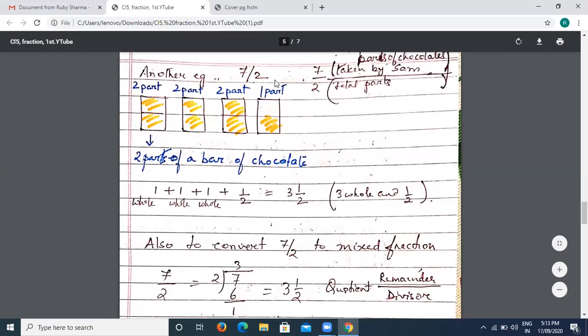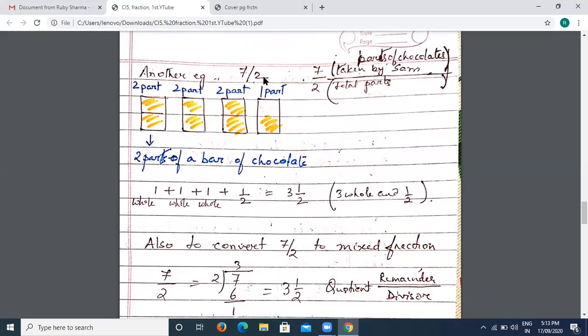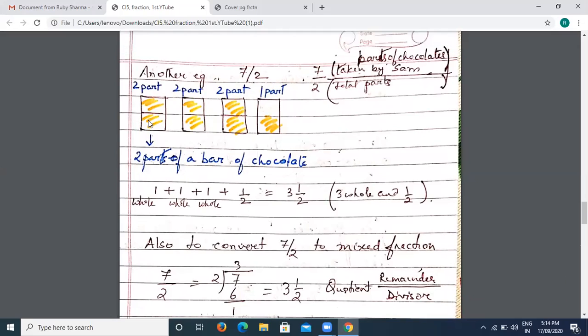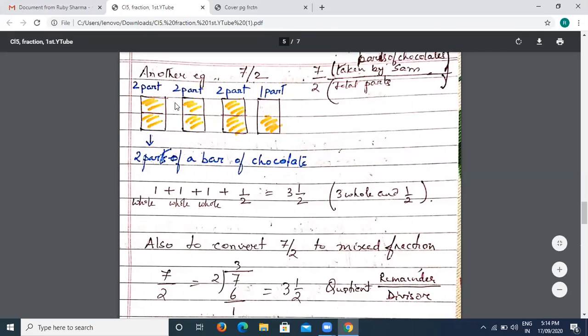So here, the denominator represents the total number of parts one object is divided into. Let's take a chocolate. It is divided into 2 parts. So I took a chocolate and divided it into 2 parts, but what happened? 7 parts were eaten, say by Sam. Sam took 7 parts, so he will need another chocolate divided into 2 parts.